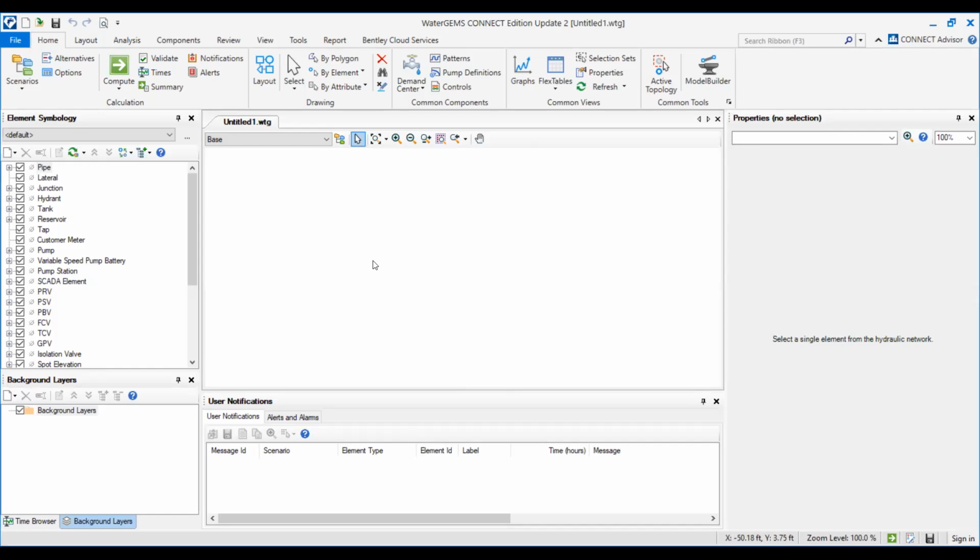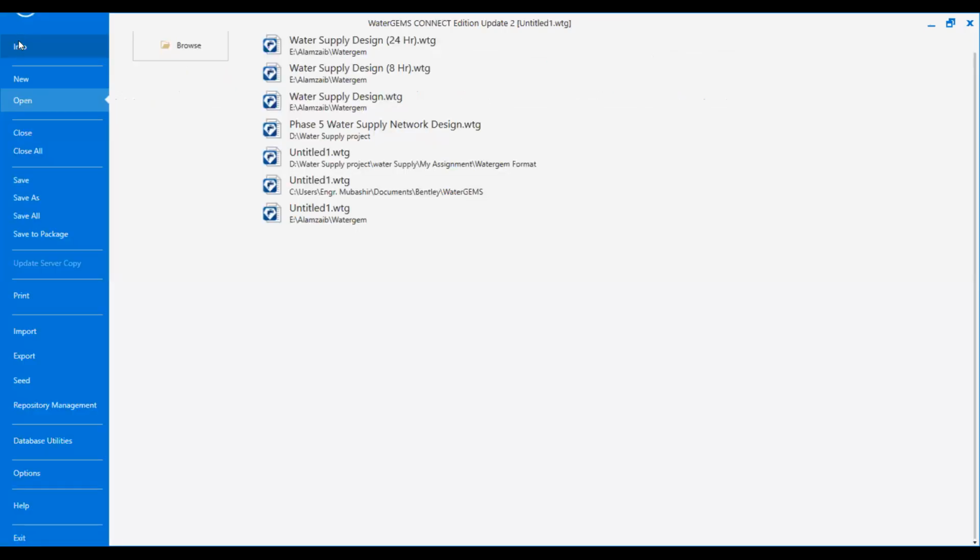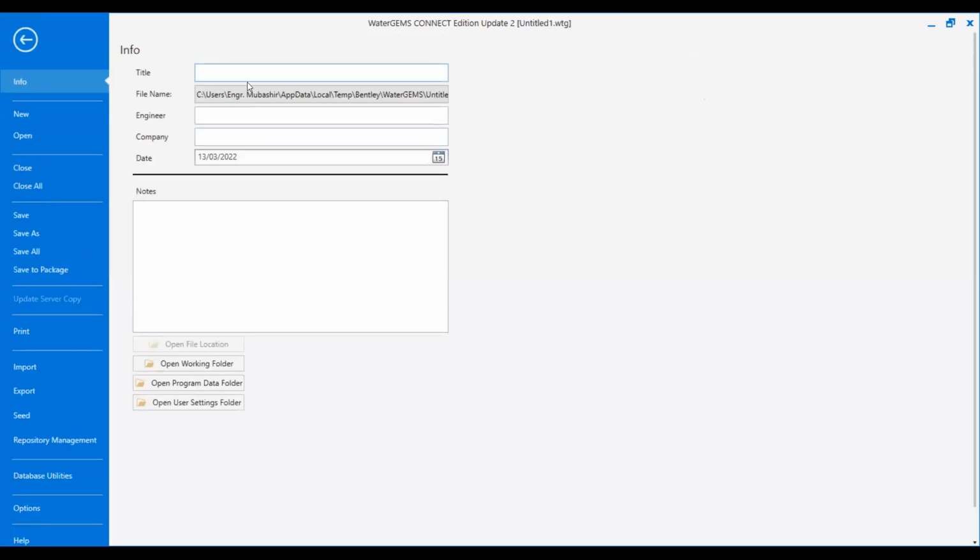So, first of all, I will just briefly go through the WaterGem and give you some introduction to the software. When you start a WaterGem, it's good practice to give the info about your water supply system design or whatever you want to design. So for example, we are designing a water supply system